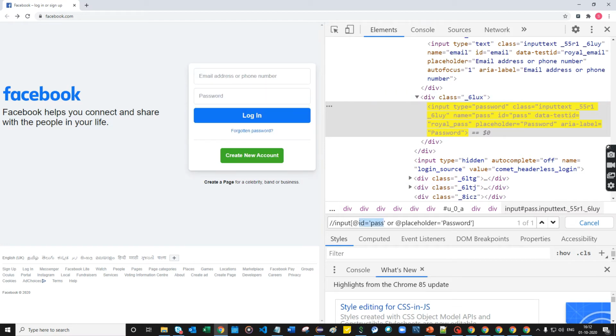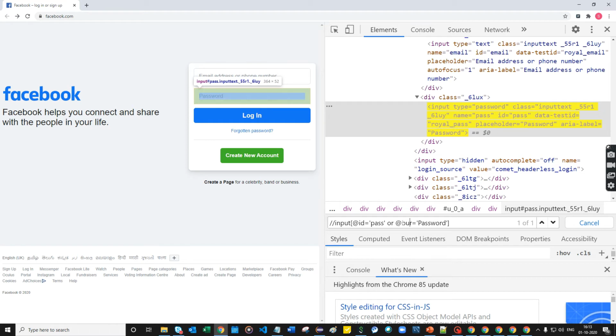Whether it is this one or this one, either the ID or the placeholder has to be present, okay? That is the way we have to use the OR condition. If I give a wrong one also, the button will still be highlighted, because we are using the OR condition, it will check this locator or this locator. Since the ID locator is already available, it won't check the next one. But if you are using the AND condition, it will check both locators, right?